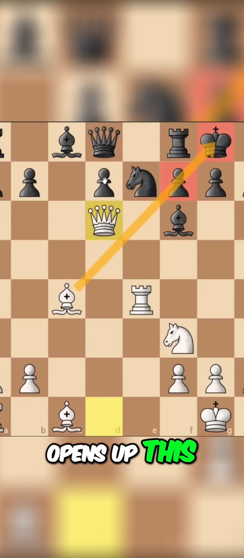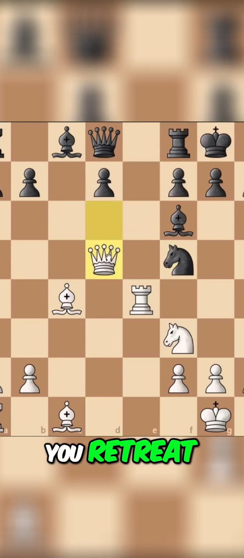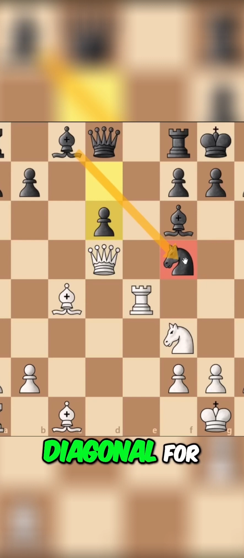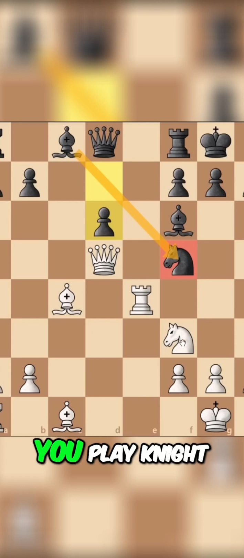Also, it opens up this diagonal for your bishop, therefore may also help your attack. They wish to somehow untangle their pieces, and they're going to play knight f5, hitting your queen. You retreat back one square, also countering the knight. And if they go d6, which is something they wish to do, which opens up the diagonal for their bishop,